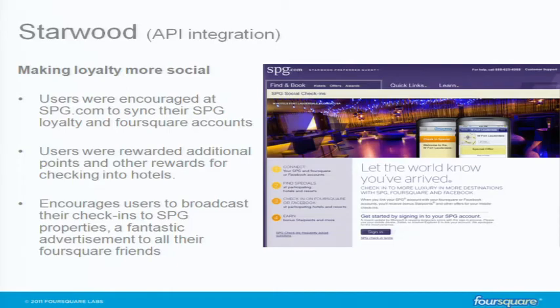So the first time you authenticate your Foursquare account with, let's say, a loyalty account, you will essentially be giving the third party, which in this case would be Starwood, the consent that you are happy with them having your data, right? We do remind every user their data is theirs. We're never going to give it to a third party, especially not individualized information. And if they create that connection, they're sharing their data with that brand, right?